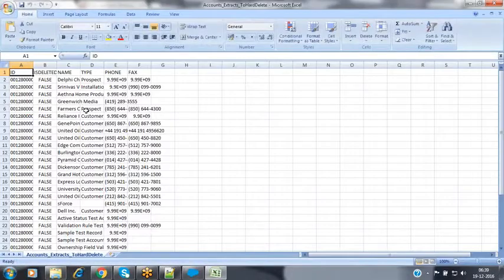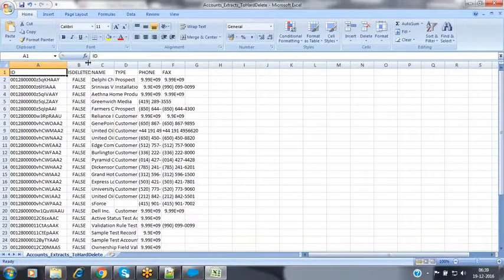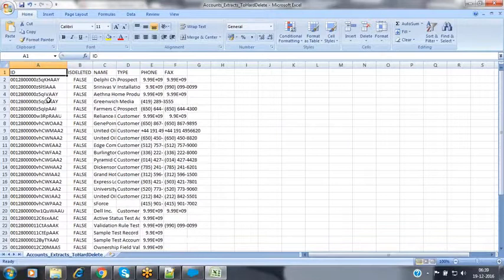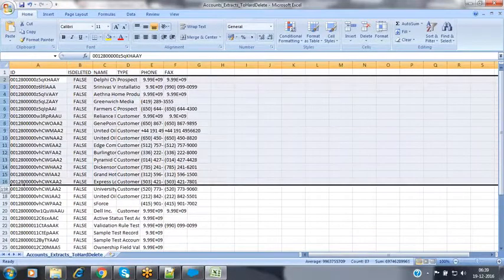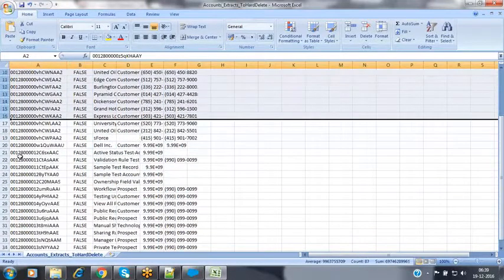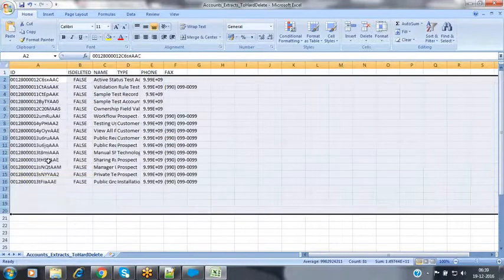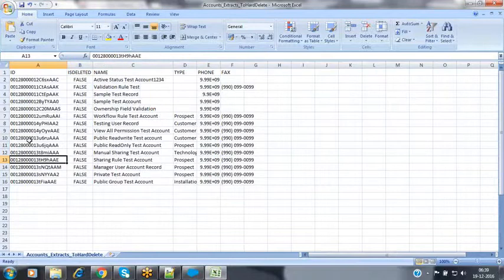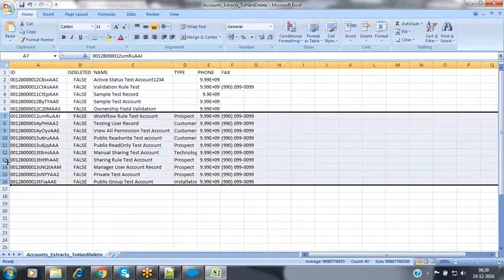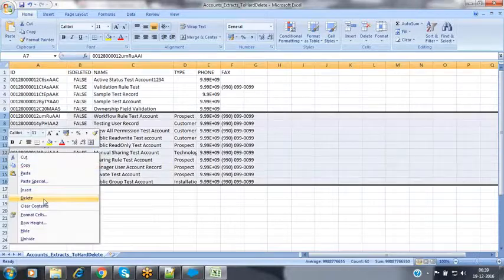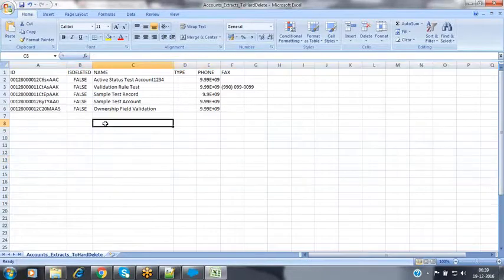Just you can place only those 4 IDs records. I don't want all these records over here. I want only few records over here. So now here I'm having few records available.